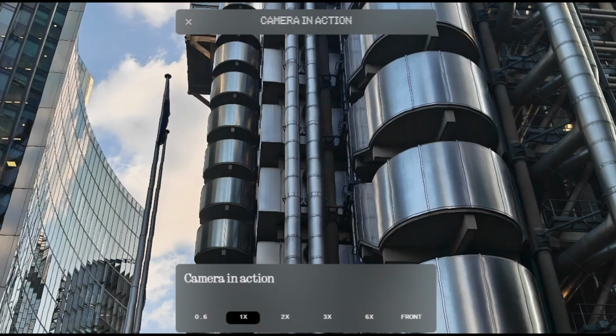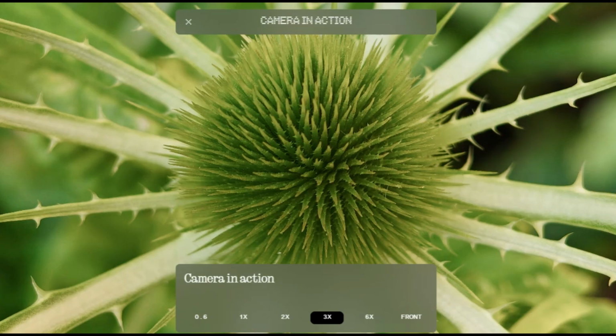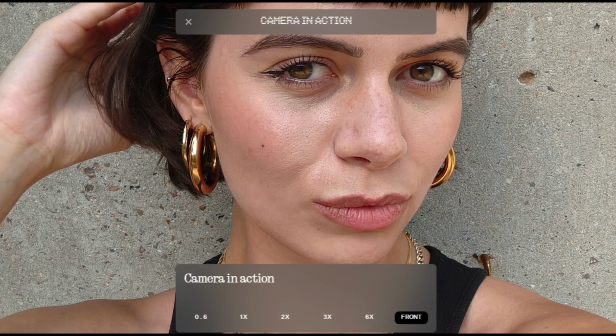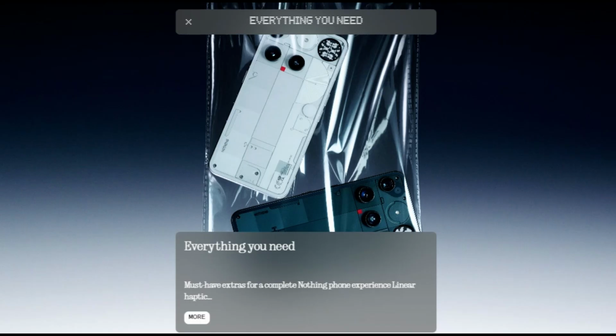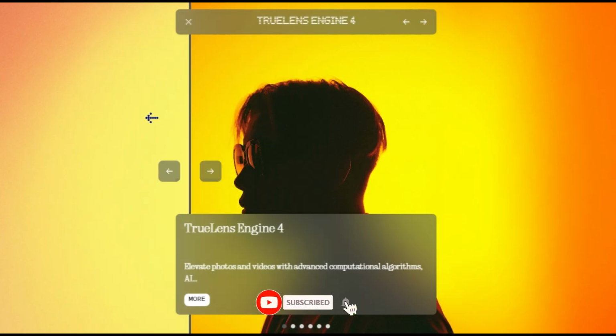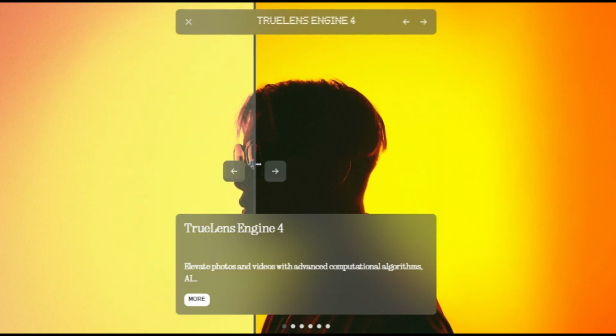The IP68 certification provides peace of mind against environmental hazards, though practical water resistance remains subject to real-world conditions. Nothing OS 3.5, built on Android 15, introduces several groundbreaking features, including Glyph Composer for custom LED pattern creation, Essential Search with millisecond response times, minimalist Nothing widgets for at-a-glance information, and true parallel app operation through dual app mode. The company commits to an unprecedented 5 years of major OS updates and 7 years of security patches, ensuring long-term